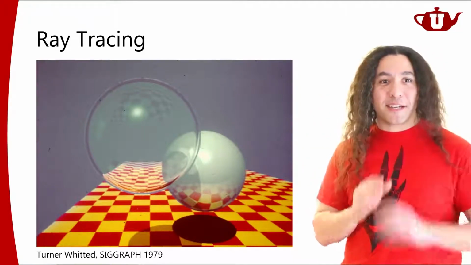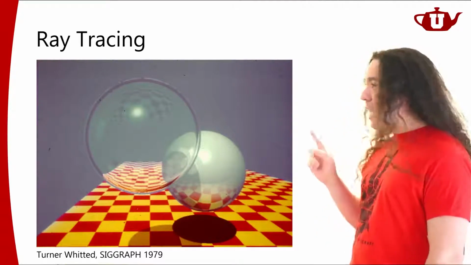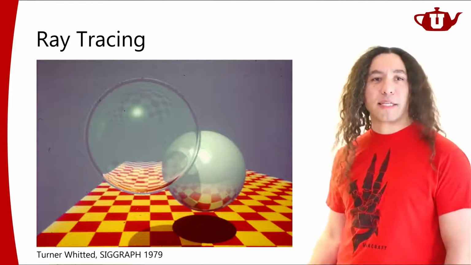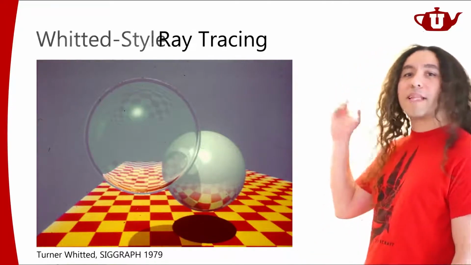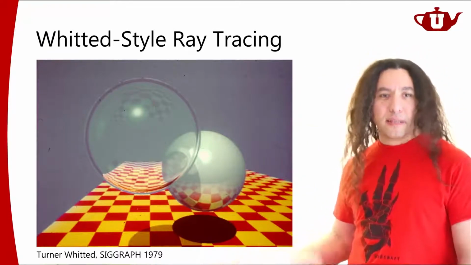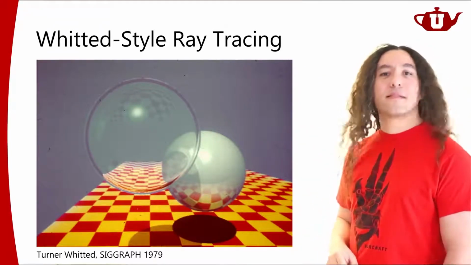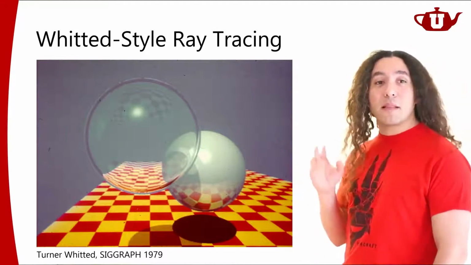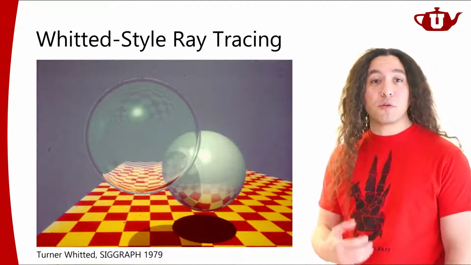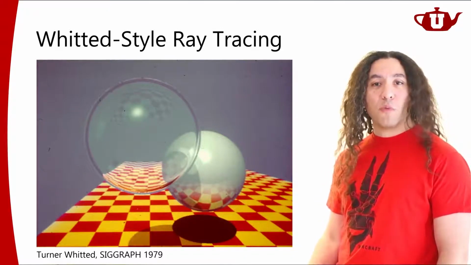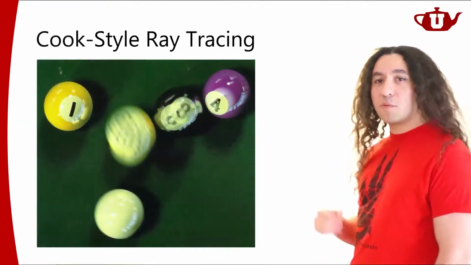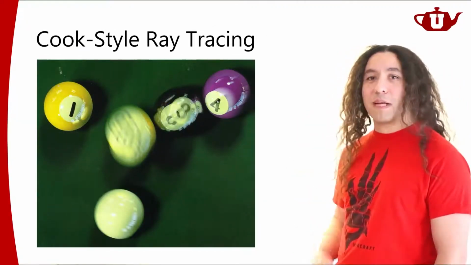It was amazing. But today, when we think about this type of ray tracing, we call it Whitted style ray tracing. Why Whitted style? Because Turner Whitted is the first person who presented this. But not much later, researchers came up with a better way of using ray tracing to generate more realistic effects than just reflections and refractions. And they managed to produce something like this. This is Cook style ray tracing, as we call it.